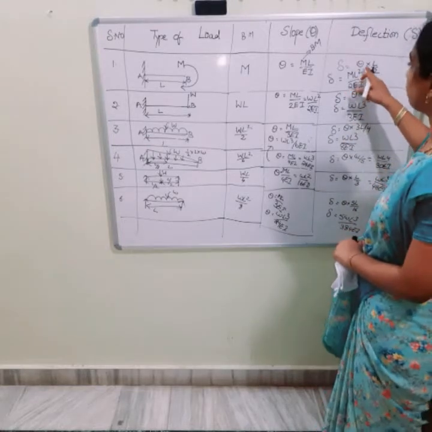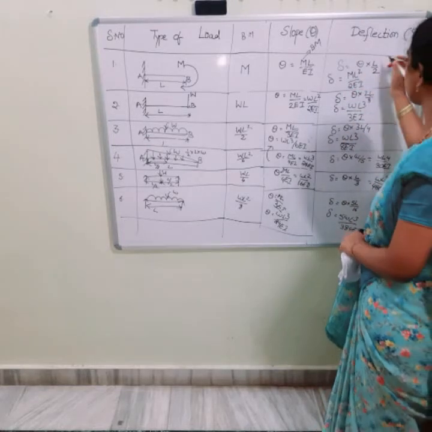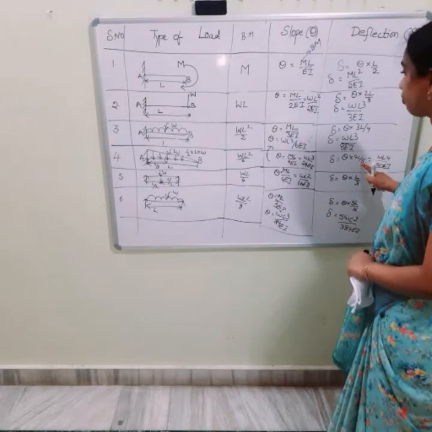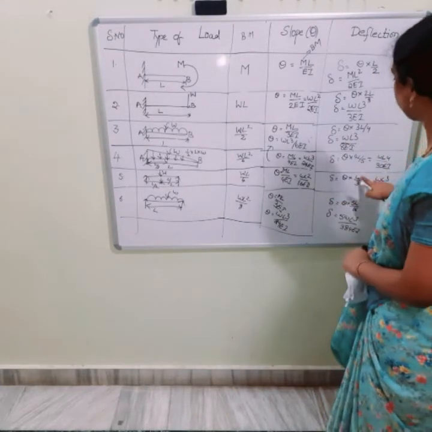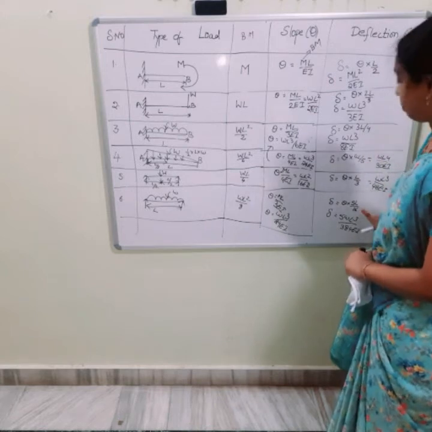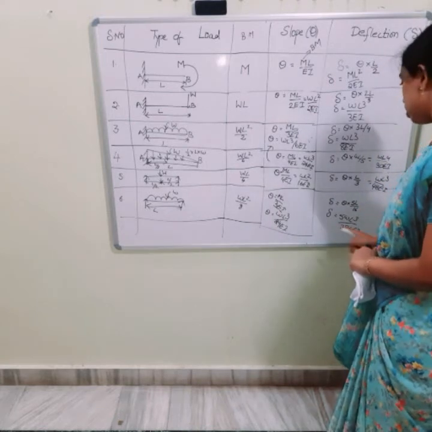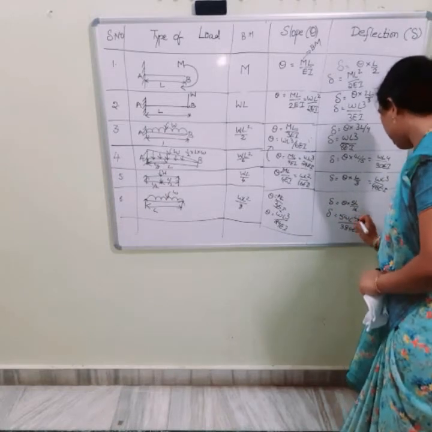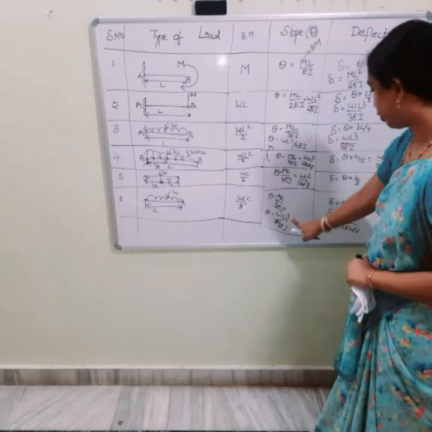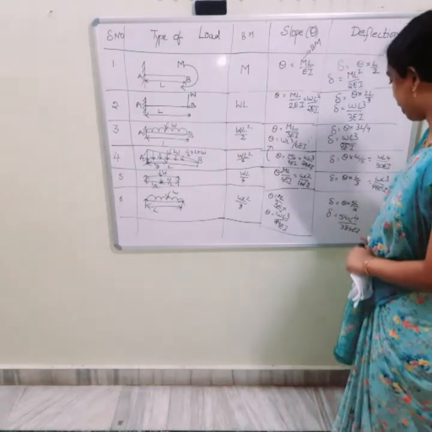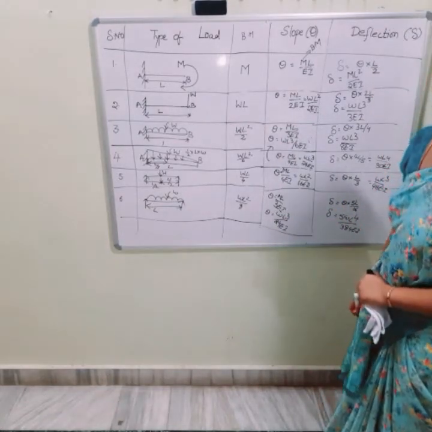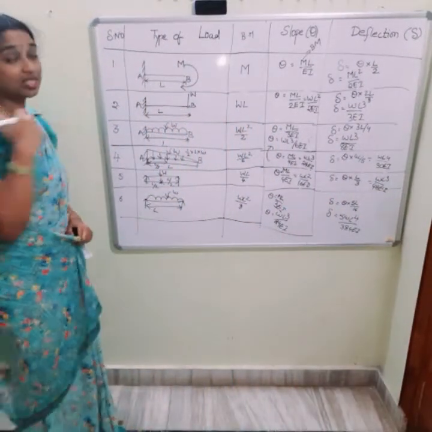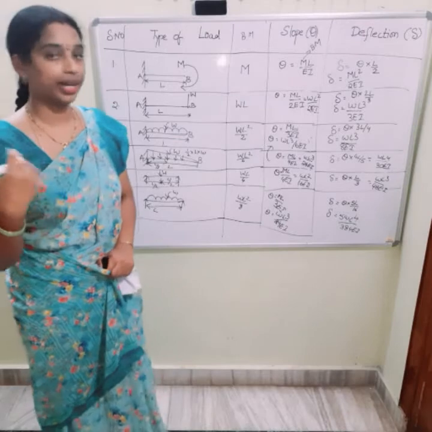Here deflection is nothing but slope into L by 2. This is my sequence: L by 2, 2L by 3, 3L by 4, 4L by 5. But for simply supported it is some L by 3. You remember this one? 5L by 16. So it is WL cube into L. Sorry, WL power 4. Right. See here, L cube into L. So it will be 5WL power 4 by 384 EI. Okay. Now, these are the 6 basic formulas so that you can calculate.